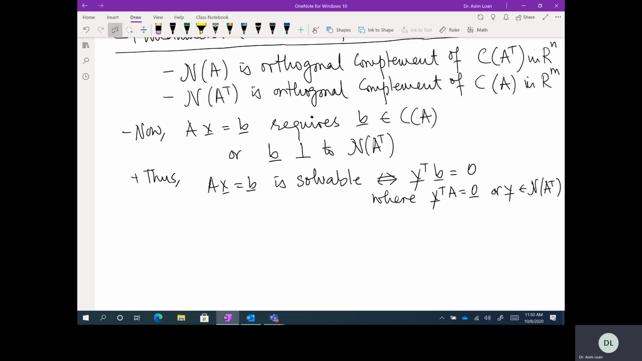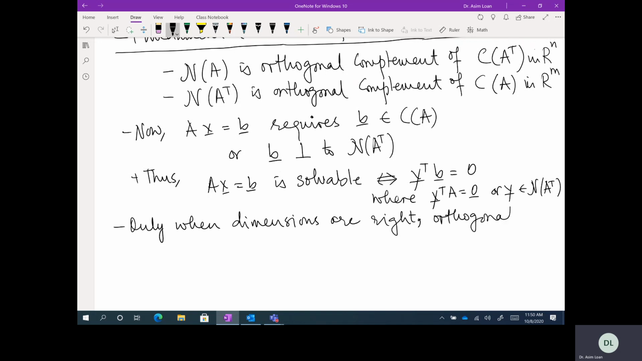Or y belongs to the left null space, not null space, of the left null space of A transpose. So only when dimensions are right, orthogonal subspaces are necessarily